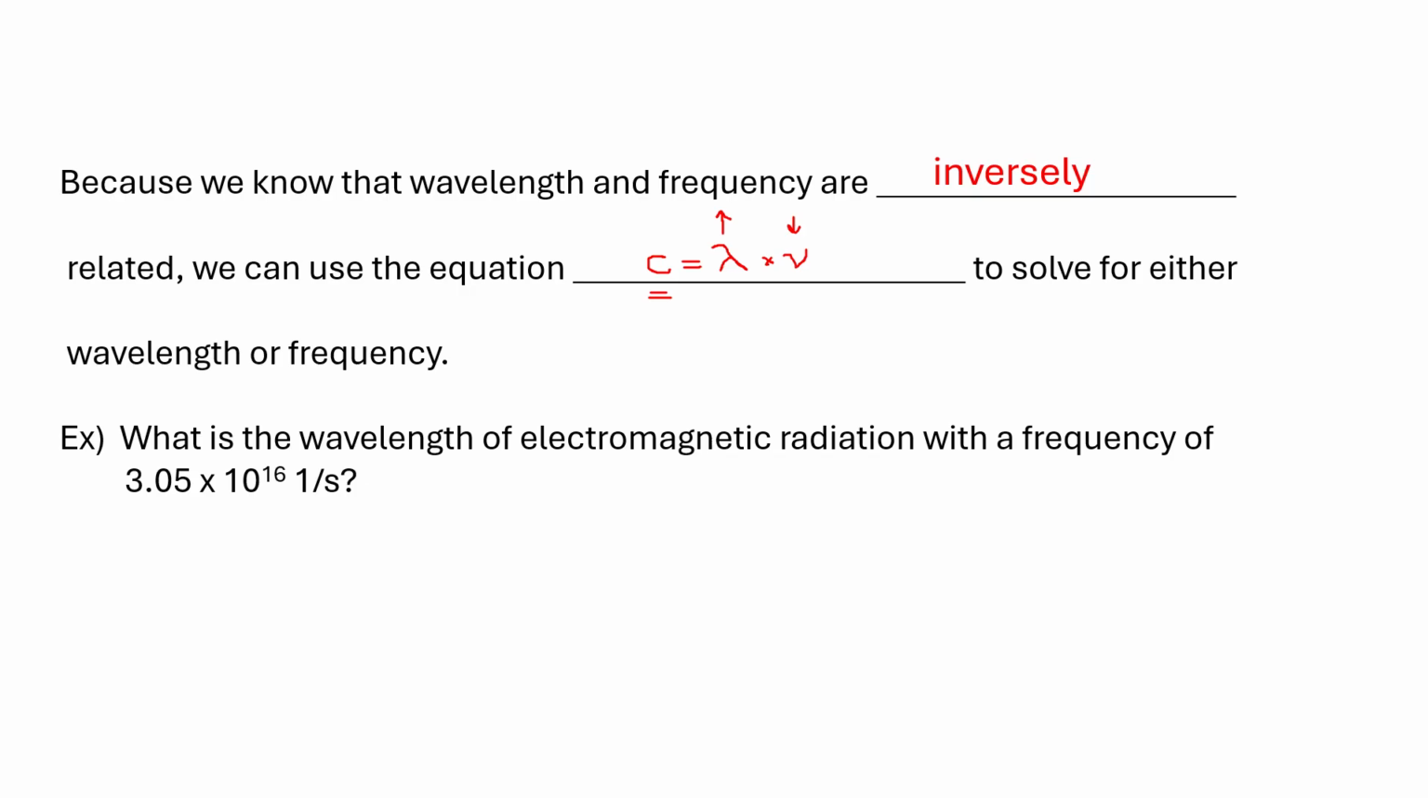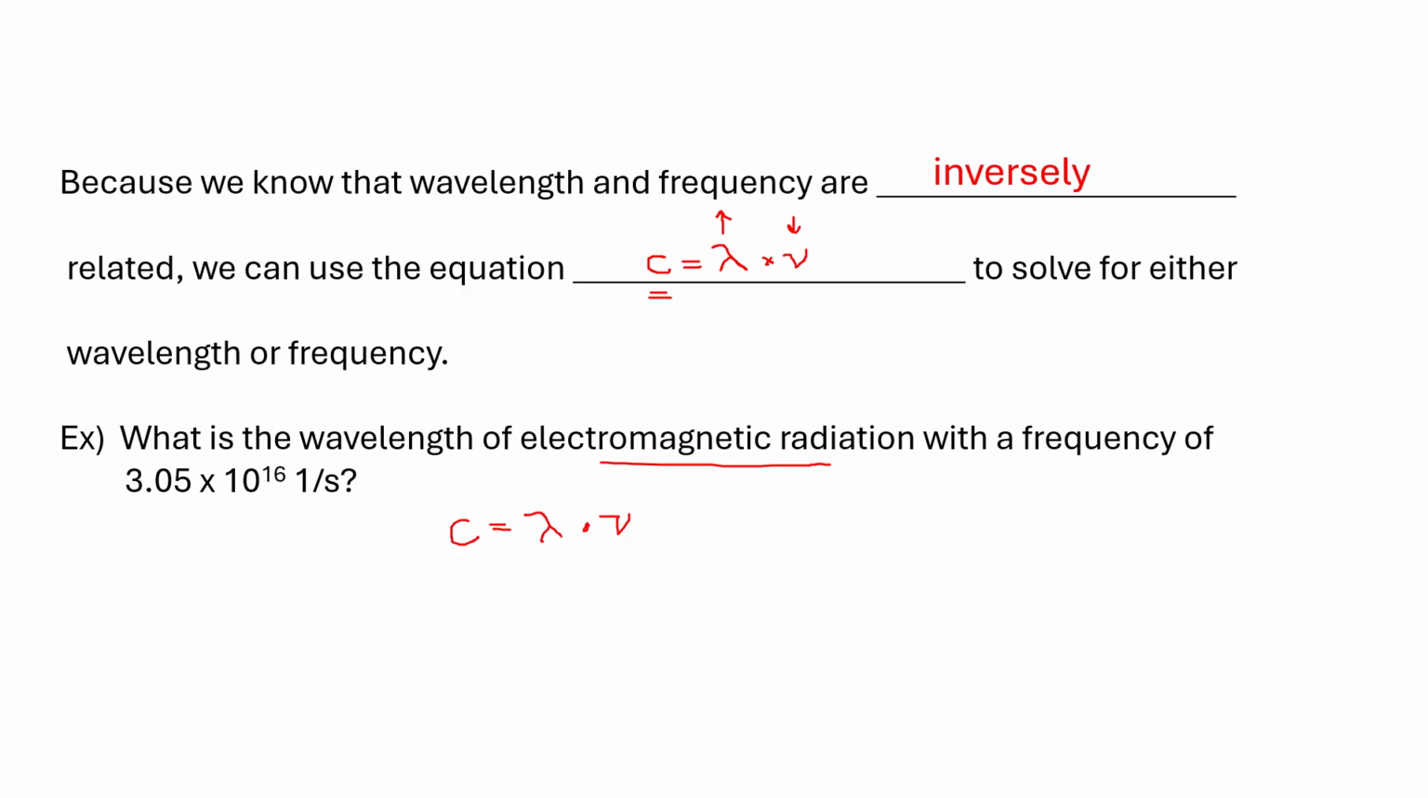So if we take a look here at this question, what is the wavelength of electromagnetic radiation, which just basically means light, but it could be outside of the visible spectrum too. It could be X-rays or something. But it says it has a frequency of 3.05 times 10 to the 16th 1/seconds, and that just means waves per second, right? So if we look at our original equation that we just wrote, c equals wavelength times frequency,